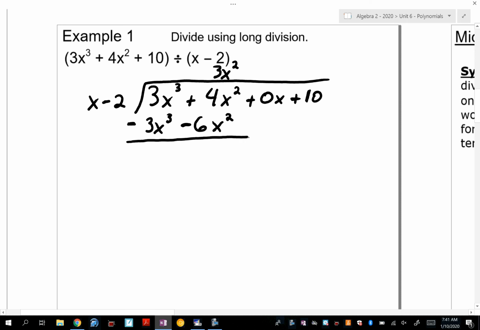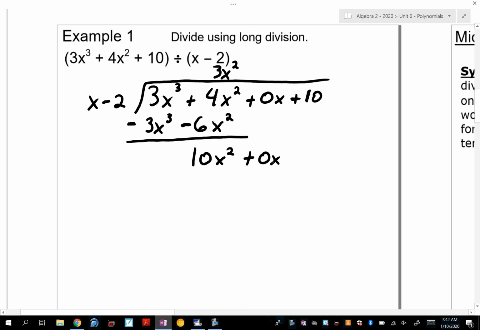Okay? It will always happen, if you did this correctly, that the first thing will make 0. But what is 4x squared minus negative 6x squared? It's 10x squared. Because 4 minus a negative 6 is actually 4 plus 6, which is 10. I know it's a little challenging because we're subtracting 4 minus negative 6. All right? Now, I'm going to bring down this 0x